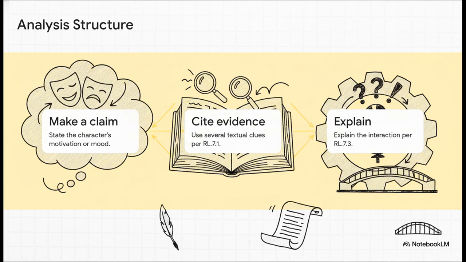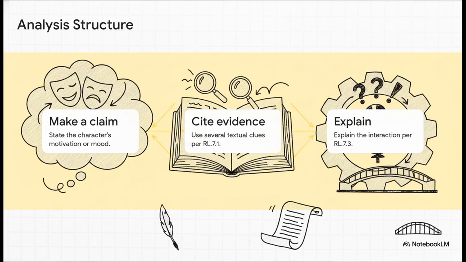Step 1. Make a claim about the character's motivation or the scene's mood. Step 2. Cite several pieces of textual evidence. Pull those italicized stage directions directly out of the script to fulfill RL 7.1. And Step 3. Explain the interaction. Basically, tell me how that evidence proves your claim, fulfilling RL 7.3. This structure guarantees your analysis is